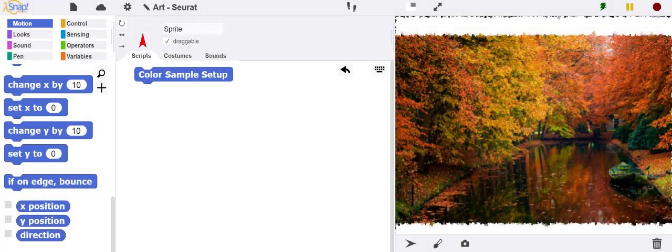In the previous video, we simulated an impressionist painting by sending the turtle to different parts of an image, sampling the color, and then placing a dot at each spot where the color was sampled. We could use an adaptation of this strategy to create a color profile that shows the colors that are in